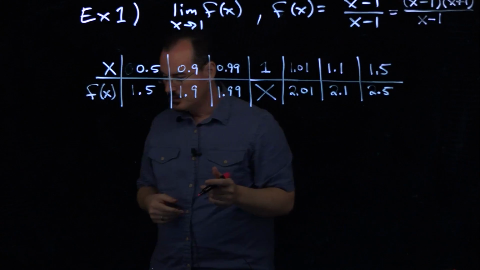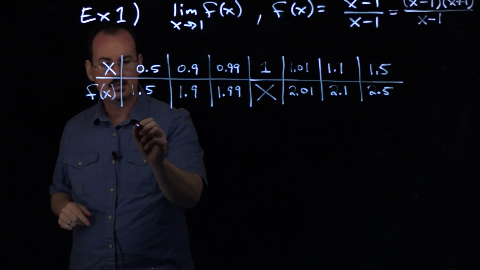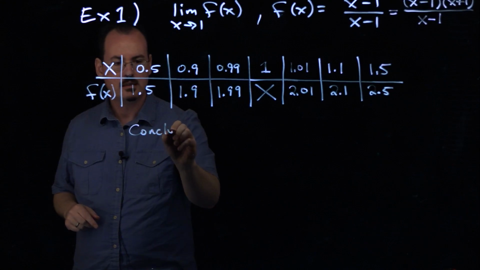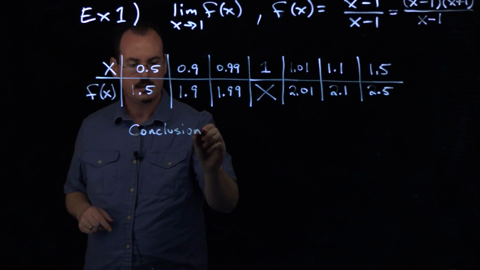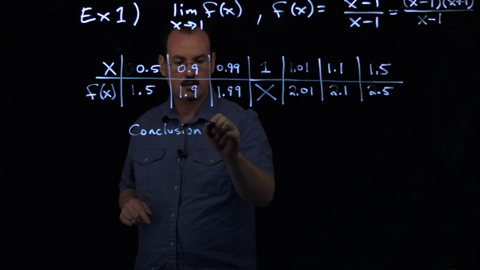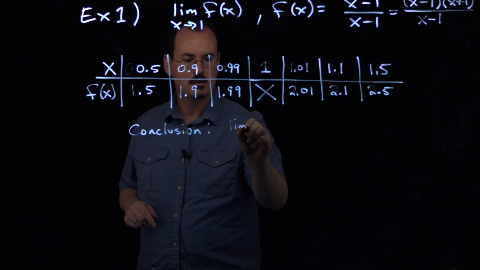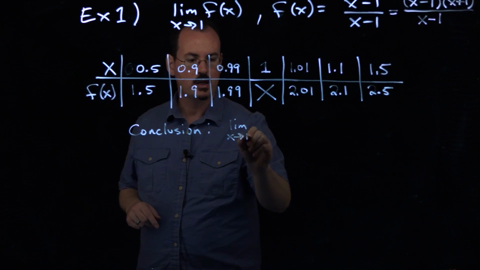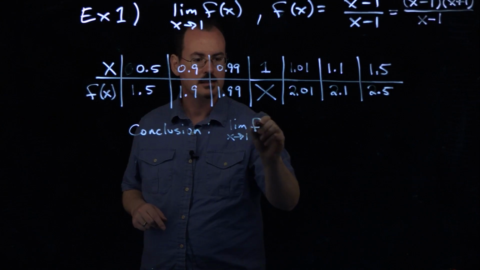So what we can conclude from this is that the limit as x approaches 1 for this function f of x,